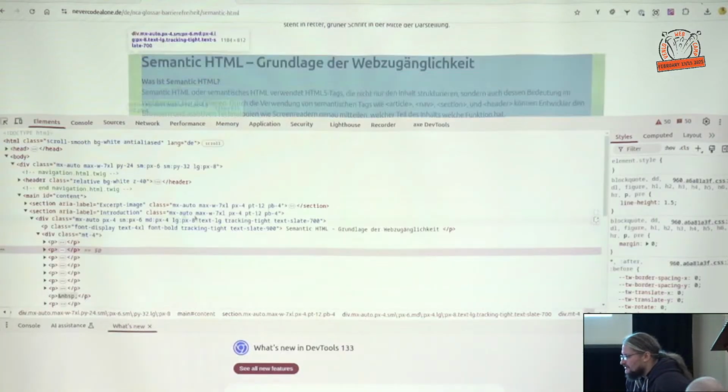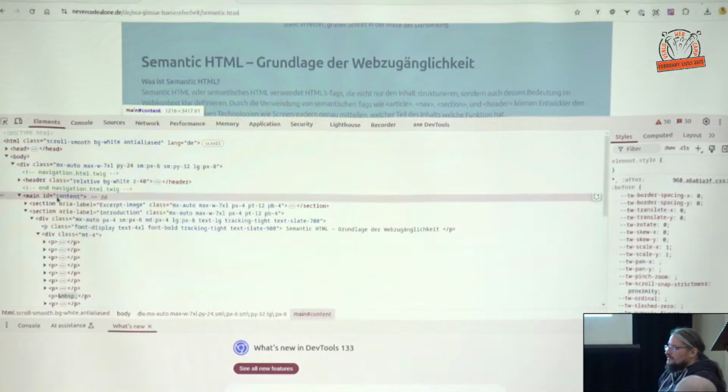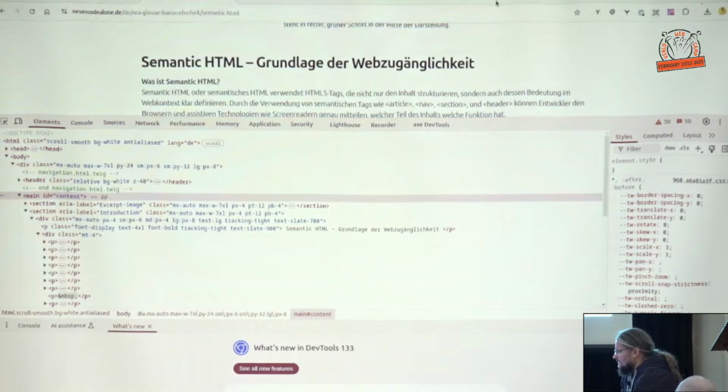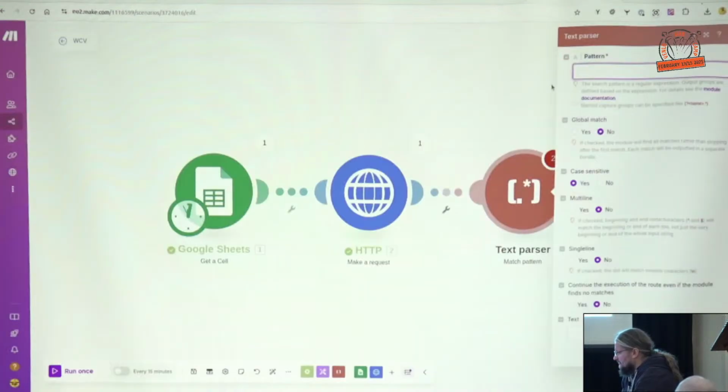And in this content row, I got this main ID content, which is only the HTML from the content that I want to get. It has no navigation or all the stuff, yes? So maybe you have some similar section like this. And then you have this main ID content here. And then you can say here,